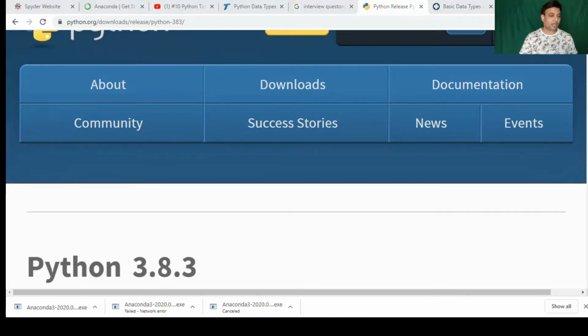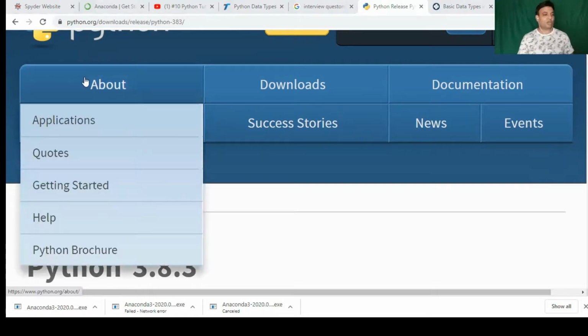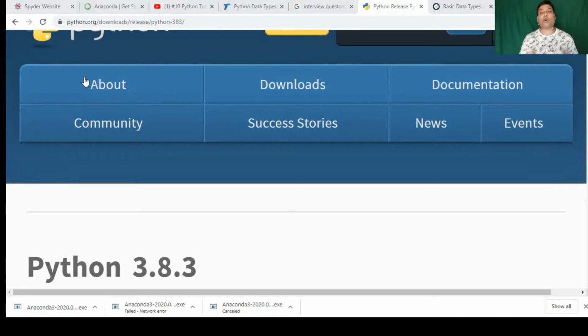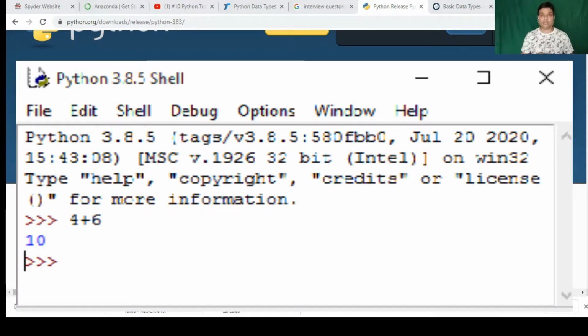Just click on it. We will see what this IDLE is. You can do some operations, run some programs, write some programs, and do some scientific operations over here. So let's try something. 4 plus 6, see, 10, it's working. So you can do some operations and programs over here. But for big projects, this is actually not suitable. You can't do website development over here. You can't do structuring or layering of your project over here. So it's suitable for small programs, for learning purposes, we can say.